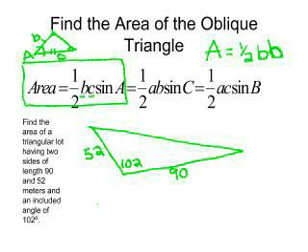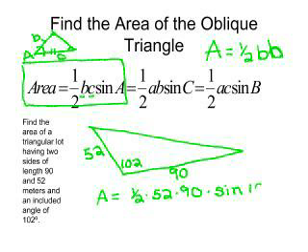So then we can use the formula that says to get the area, you take 1/2 the product of those two sides, so 52 times 90, times the sine of the included angle, and our included angle is 102 degrees. So to get the area, I just need to substitute this whole thing, put it right into the calculator. Once again, make sure you're in degree mode, because that angle is in degrees. So I need 0.5 times 52 times 90 times the sine of 102. Plug it all in, and